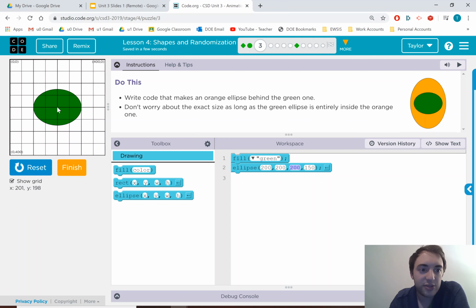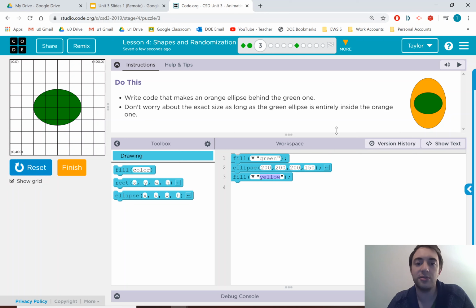So that means the length from here to there is 200, because I can look at the x values. I have 100 for x, and then here's 300, so that's a width of 200 total. And then up and down, similarly, that's between 275 and 125, so that's 150.